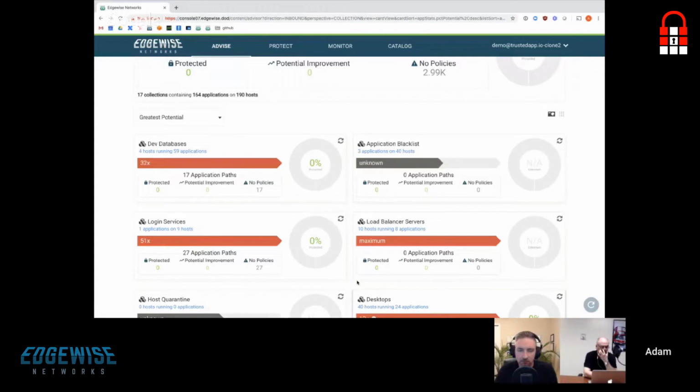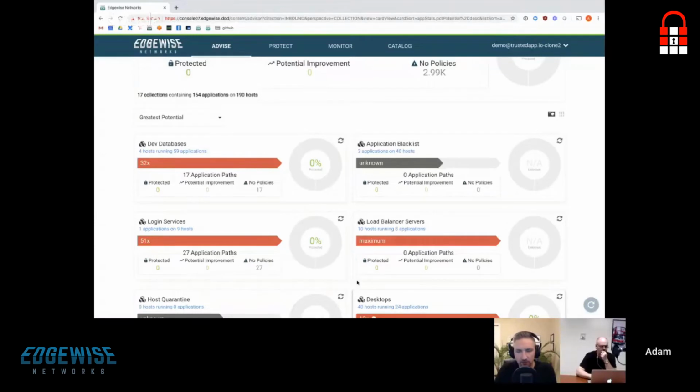That's what we need. But that doesn't get us all the way there, right? We obviously need to create policies to make that segment into a perimeter. What we'll see here shortly in the product is that we will create a default deny on the host segments that we see here on the screen. That's going to allow us to say, by default, nothing's allowed to communicate in or out of this grouping, this segment. That's step one, as we discussed before. Step two then is, we now need to define what is the exception, what is allowed to traverse that boundary, whether inbound or outbound.